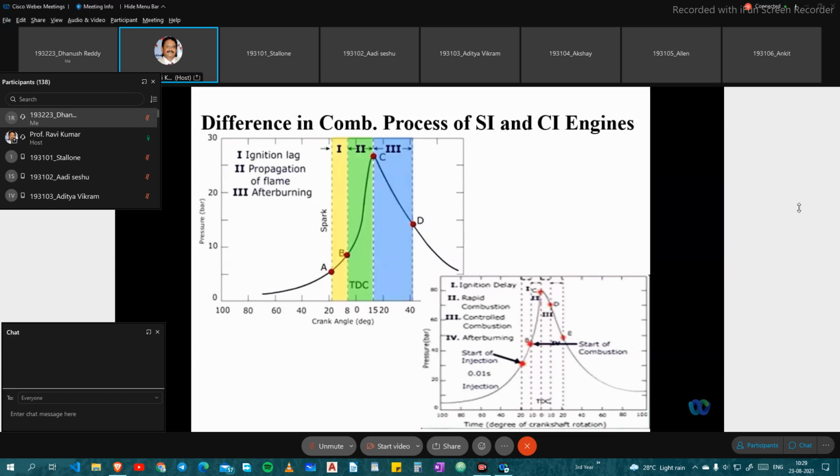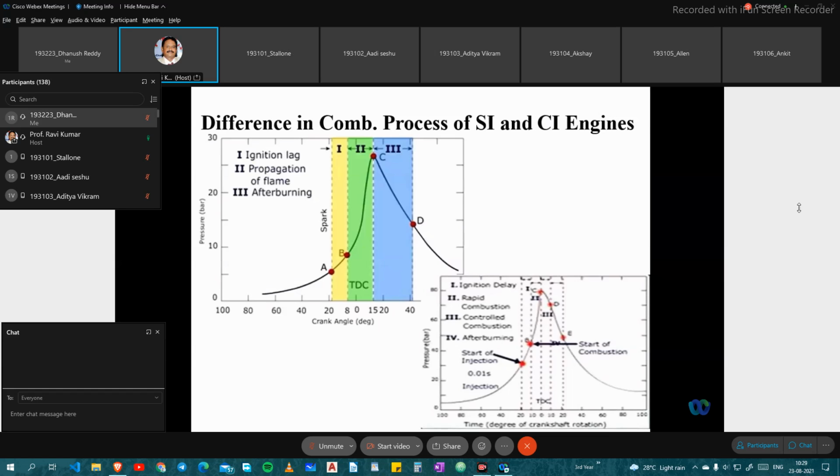The same thing in diesel engines: first air enters the manifold and the air is compressed. Only at the end of compression do we release the fuel. That's why the ignition delay is shown in the first stage. Then in the second stage we see rapid combustion, because fuel is injected inside at the end of the compression stroke, that is the peak stage. We have controlled combustion in the third stage. There is a small gap going to the peak stage and the combustion building up, and D to E is the afterburning.